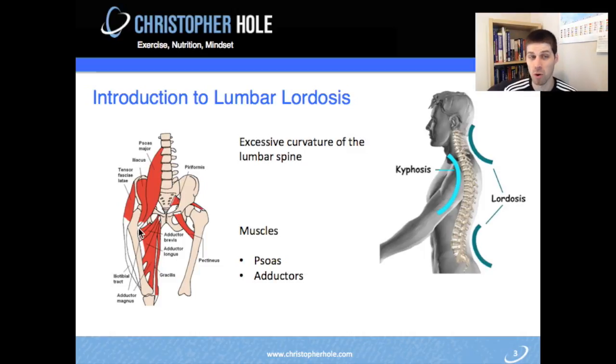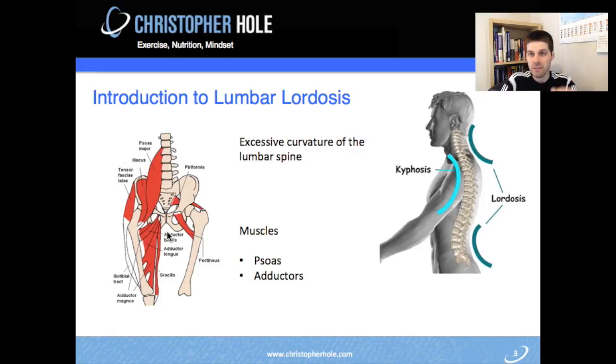The third muscles that are involved, that aren't necessarily direct causers of lordosis, are the adductors. So we've got adductor brevis, adductor longus, and adductor magnus. You've also got gracilis up through here as well, but those are the 4 adductor muscles. Now, they don't necessarily tilt the pelvis or pull on the spine, but they are attached to the pelvis, and they are a part of lumbar lordosis, because what happens here is these again become very tight, very overactive, and what that then does,